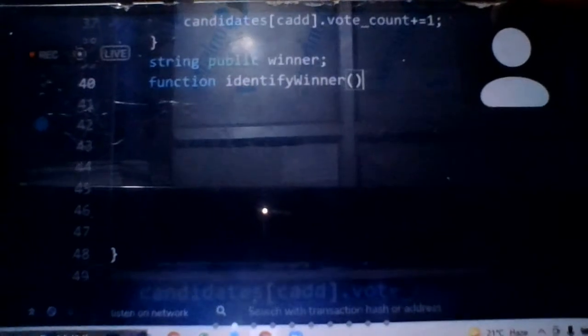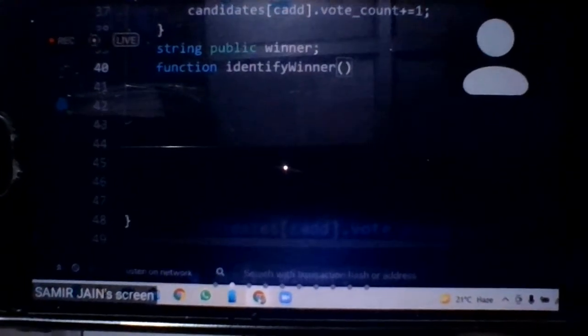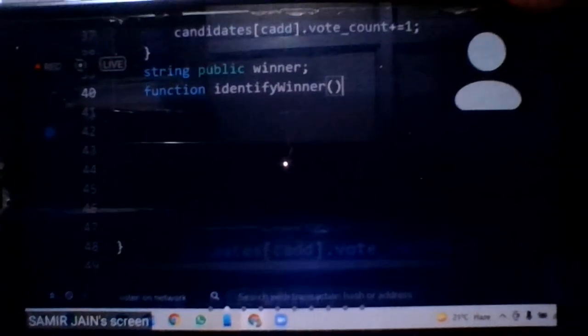We'll do this later on. Otherwise, if you are paying attention to this and we compile, we will see the errors, and there will be some distraction. You'll not be able to follow what I'm telling you. So we'll take this at the last of this contract.